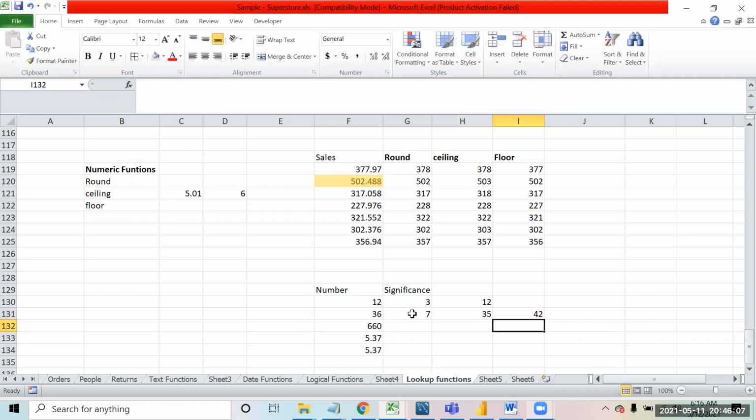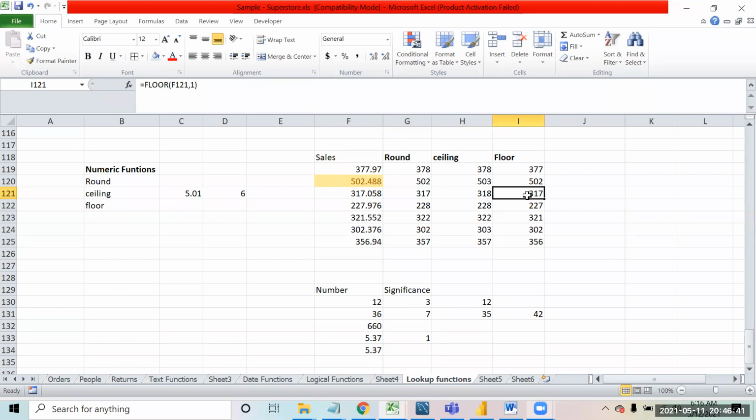Okay. Correct? And now what I did was I was using the significance as 1. 1 is like a whole number, right? Every number is a multiple of 1. So if this is 1, and this is my number, what is the nearest multiple on the lower side? If I talk about 5.37, that will be 5 only, on the lower side. So that is where I was putting 1 inside this.